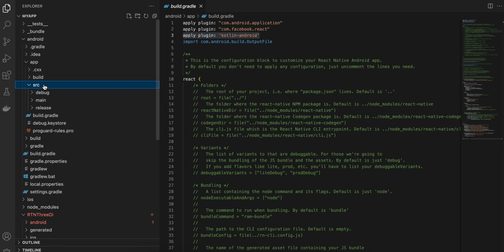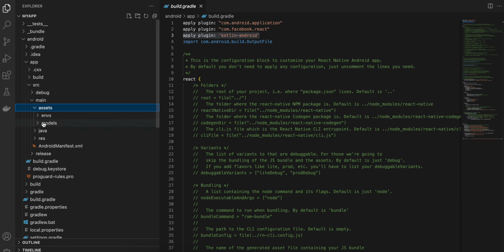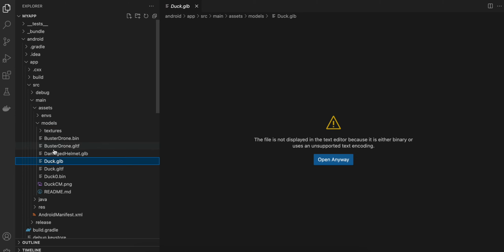Next, what you have to do is go to src, go to main. You have to create this assets folder. Now, for the model, you can take any GLB model, just search on Google. I have taken this duck.glb. Forget about all these other models, I was just practicing. So you will require this duck.glb,